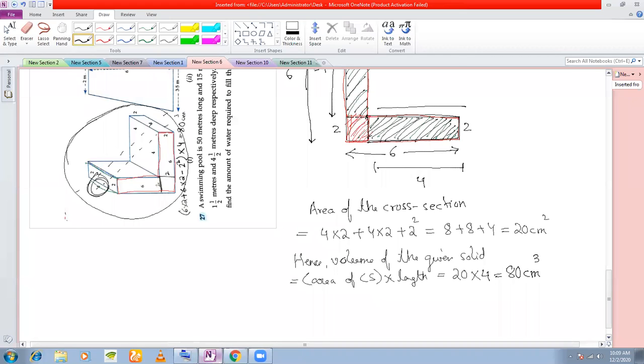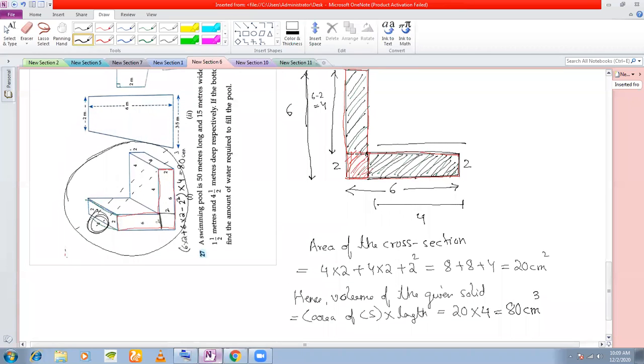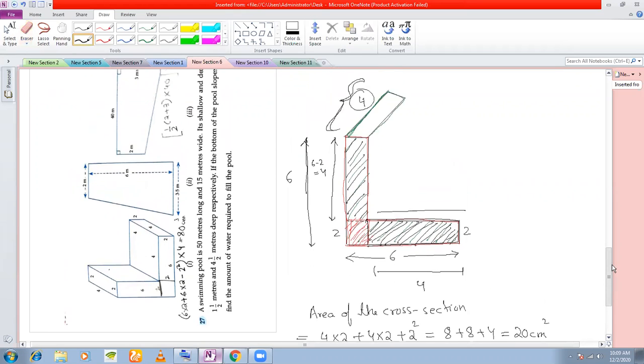Otherwise, if you had used the cube and cuboid formula, this would have become very difficult, because you have to find out the area of this cuboid, then you have to find out the area of this cuboid. It all becomes very confusing. But the advantage here was that this solid was of uniform cross section. So we applied the formula area of cross section into length. And the next problem that we are going to do is also quite the same as this problem, except that the figure of the solid is not given to you. You have to imagine the figure of the solid. And that problem is the last problem,